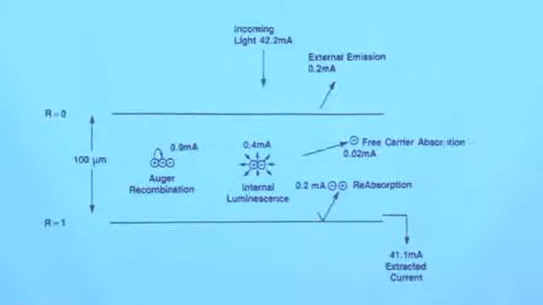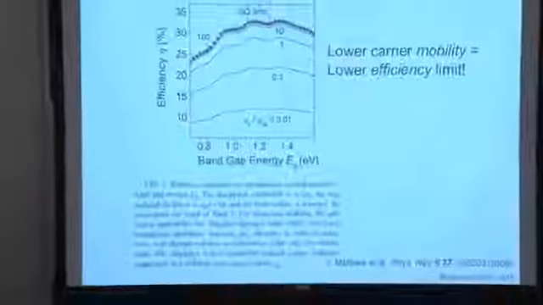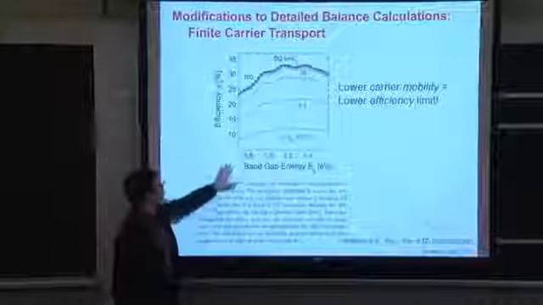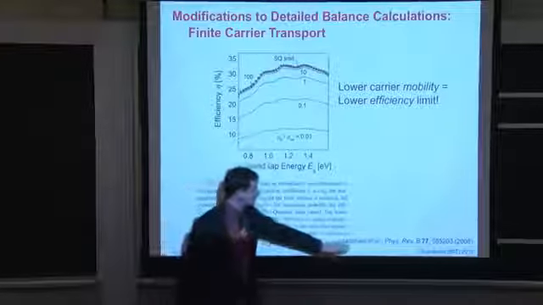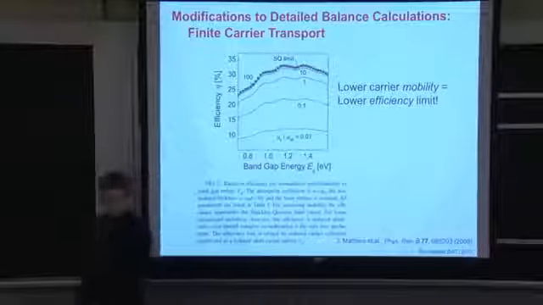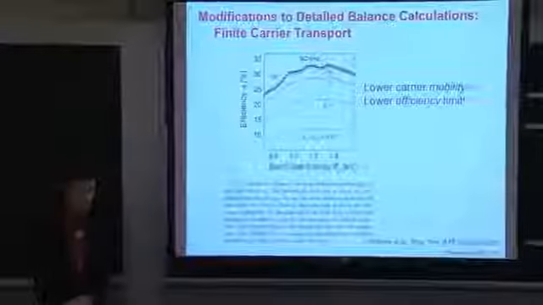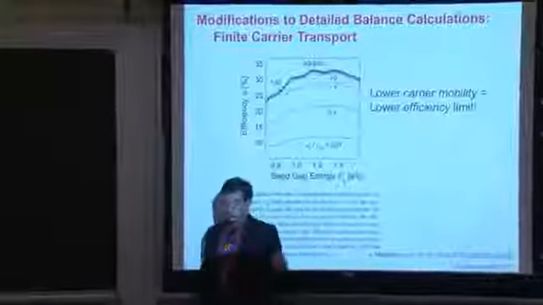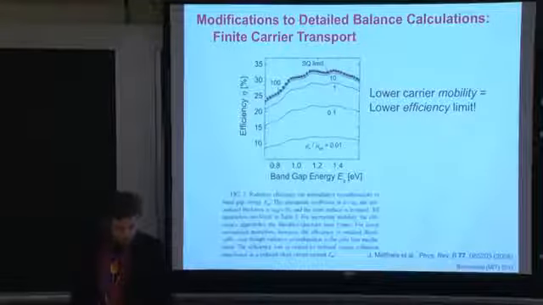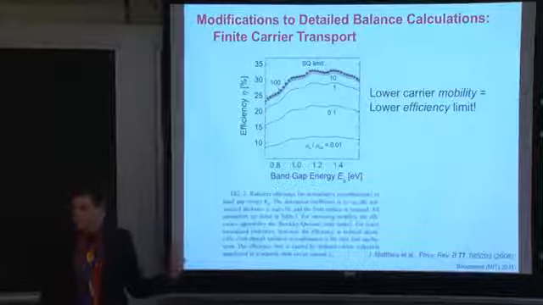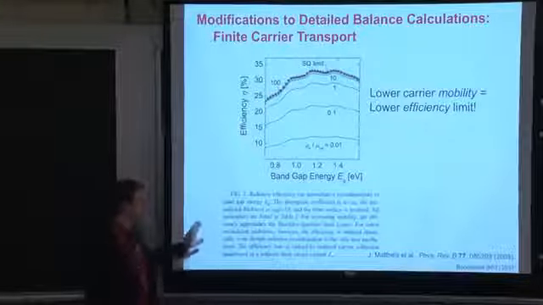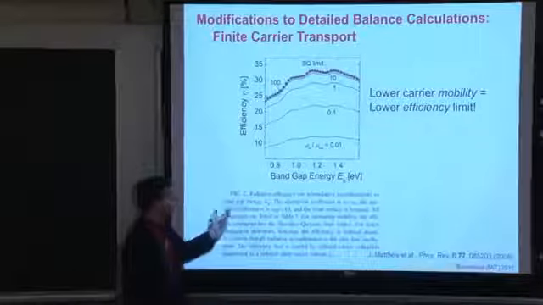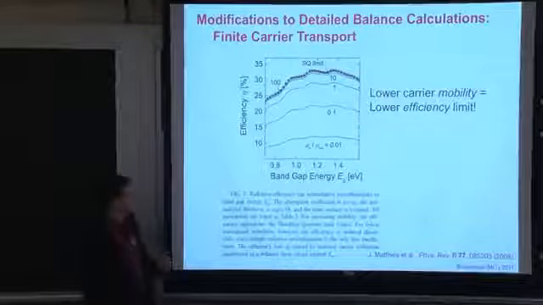Now, how do you modify the detailed balance limit to account for finite mobility? I suspect this corner of the room is going to want to hear this. There's a beautiful piece of work done by Matthijs. His PhD thesis is even more insightful than the manuscript in terms of actually breaking down each individual component. A great deal of modeling went into this, including photon recycling, including some things that are very difficult to model. And the effect of finite mobility was calculated on a modified detailed balance limit model. And you can see